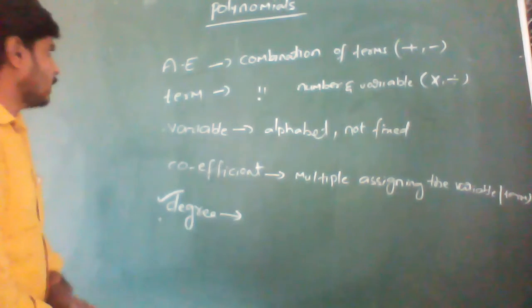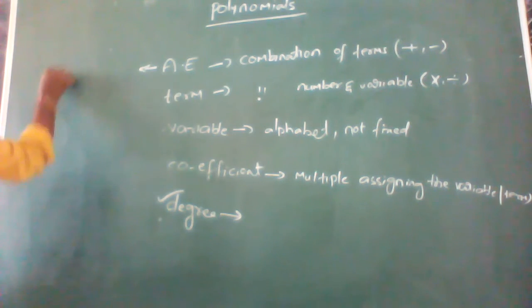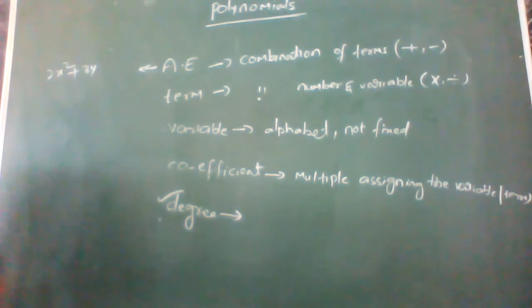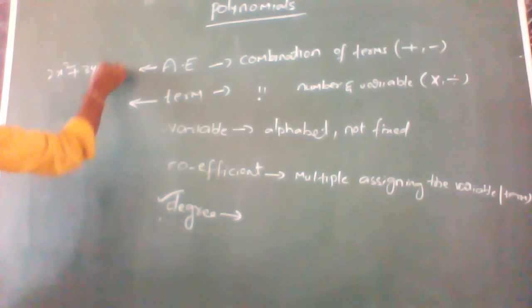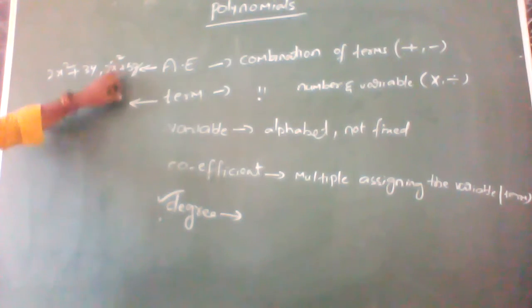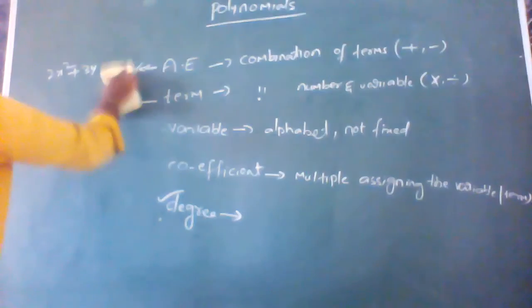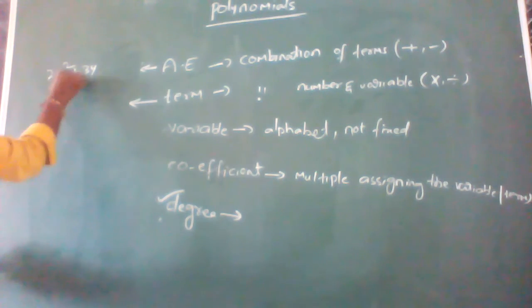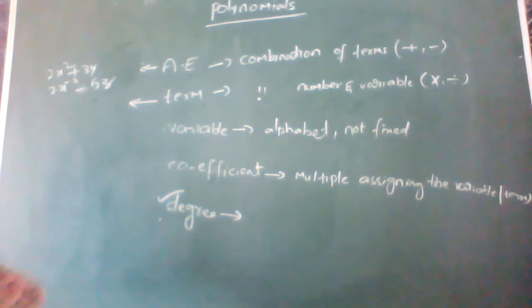Yeah, right. Let us make some examples here. For all the expressions, I'm writing 2x square plus 3y. Okay, 2x square plus 3y is an expression. And 2x power minus 2 plus 5z, it is also an algebraic expression. 2x power minus 2 plus minus 5z is also an algebraic expression.